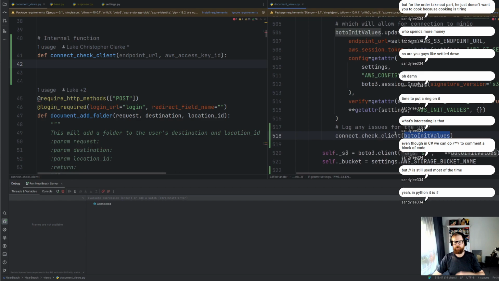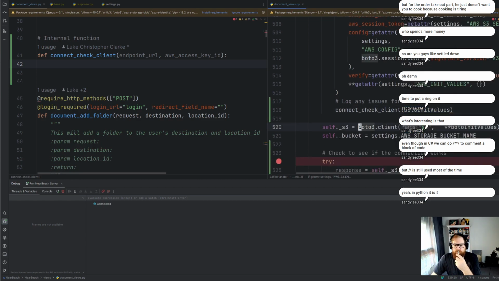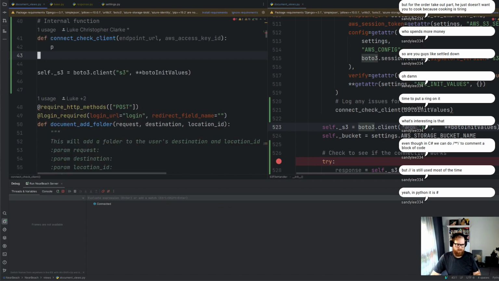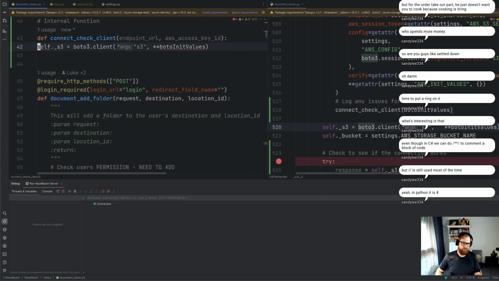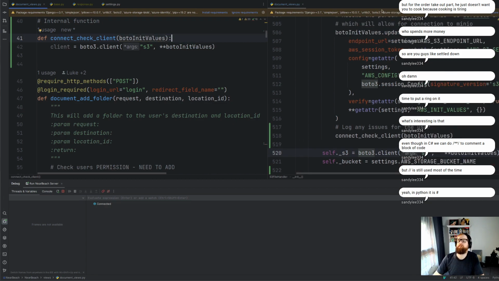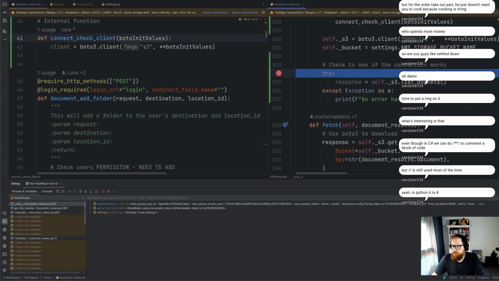Alright, so we've got the Boto init values. Then over here, what we're doing is we're just pasting this in. So we want that to be client. And then what we want is the Boto init values, like so. But we're going to change a couple of things in here. So the config, for example, is going to be a bit different. So with the config, we want